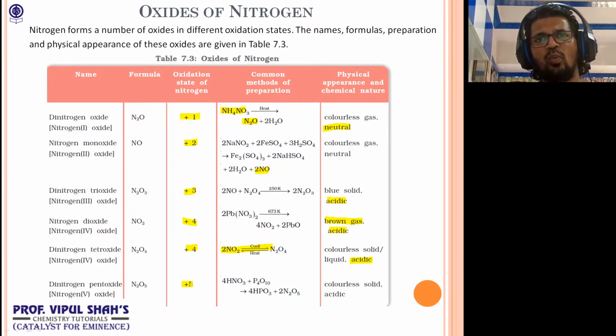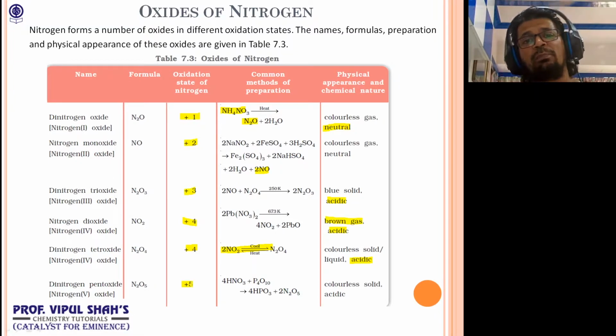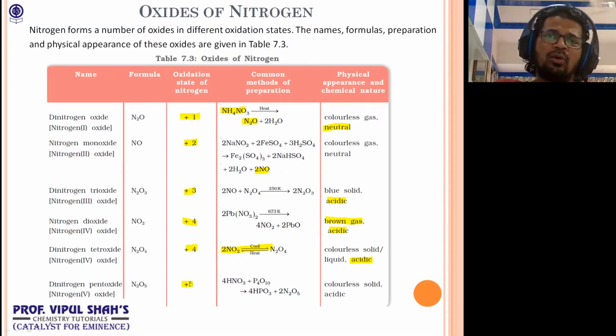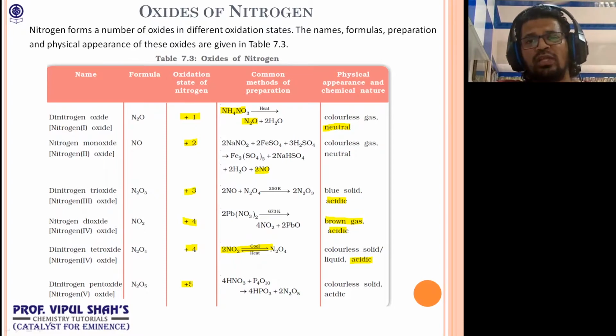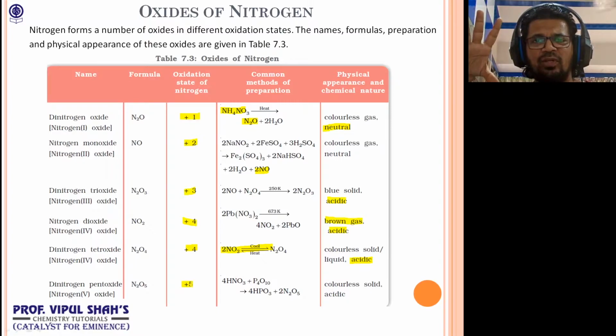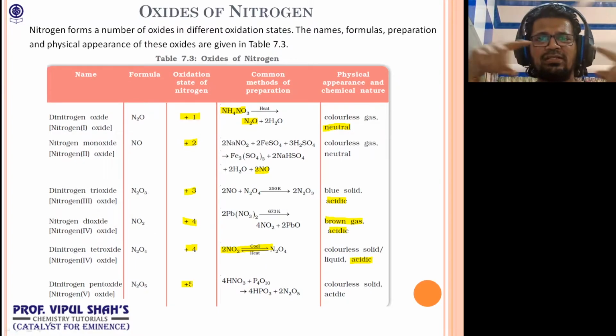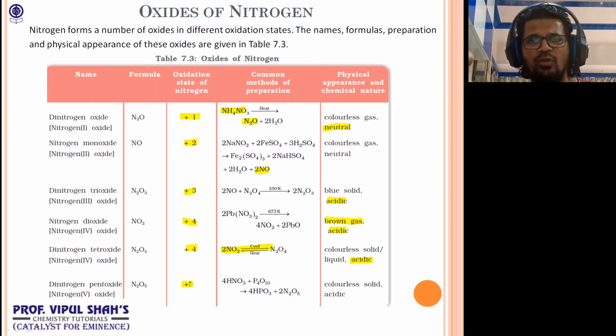This is when HNO3 combines with P4O10. If you remember chemical bonding, we have discussed what P4O10 is. It is tetraphosphorus decoxide. If anybody remembers the P-O-P bonds over there, everywhere phosphorus is in the +5 state. So if you remember, the P-O-P bonds are in the form of a kite-like structure, and every phosphorus over there will have a double bond, and we will have the P-O-P bonds over there.